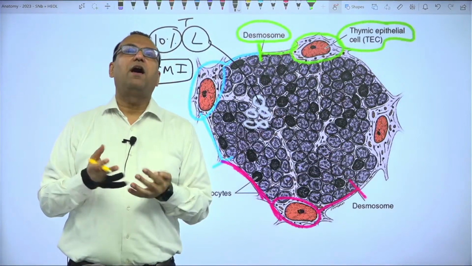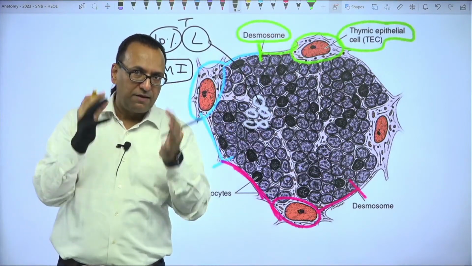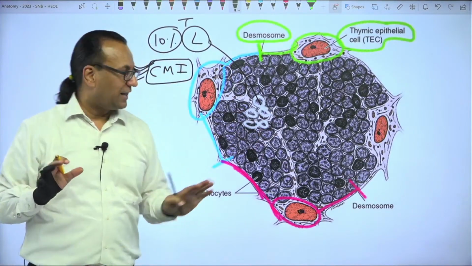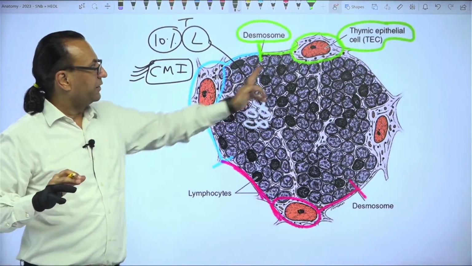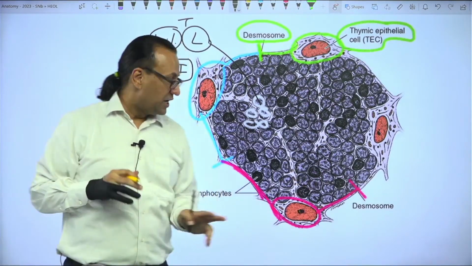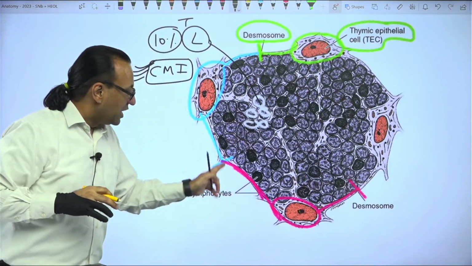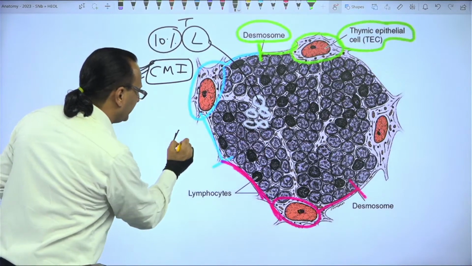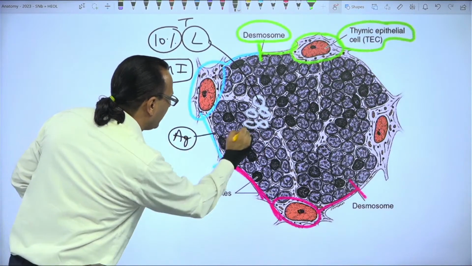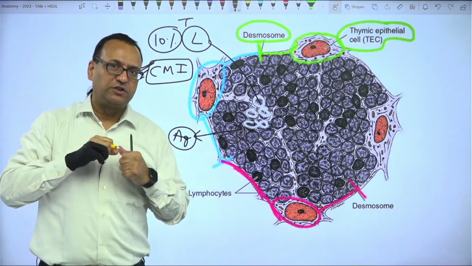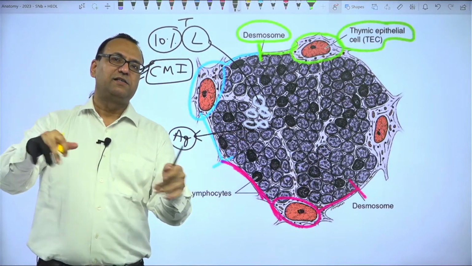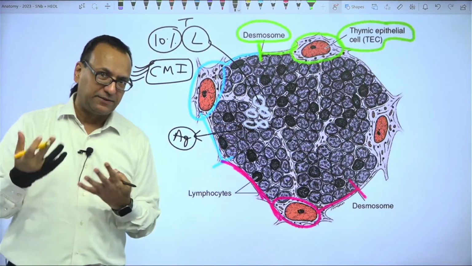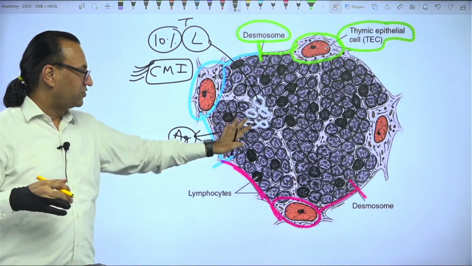They make a framework where the lymphocytes can stay, because they basically need a framework, and that framework is created by thymic epithelial reticular cells, and they have a purpose. See, they are making tight junctions. They will expose the lymphocytes to the antigens in such a way that it is not a sudden exposure, they expose gradually, and then they train, they teach them how to fight, and that training is so